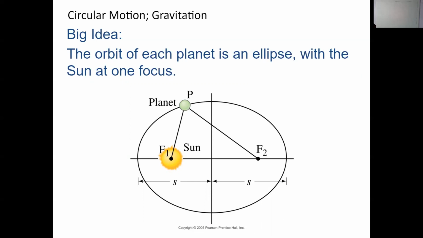The definition of an ellipse is that the sum of the distances from any point on it to two fixed points stays the same. If you imagine you had a loop of string, two tacks and a piece of cardboard, and you went around that loop, you get an ellipse every time. Each one of those two points is called a focus, and the gravitational center would occupy one of those foci. So the motion of all the planets and all things in stable orbits are ellipses.